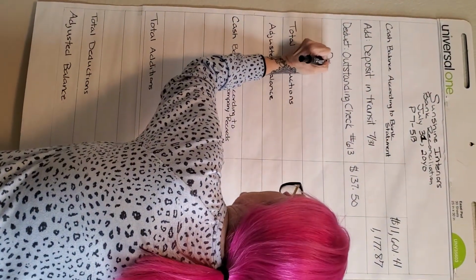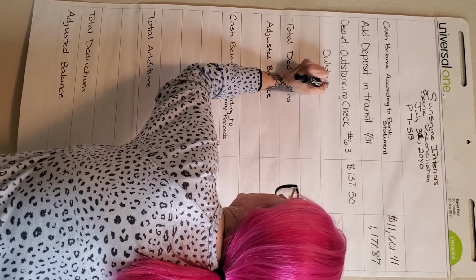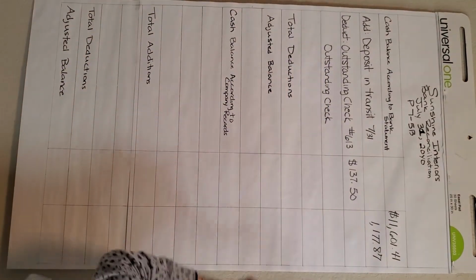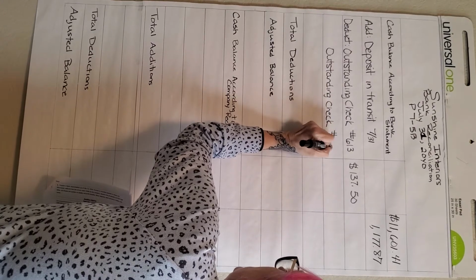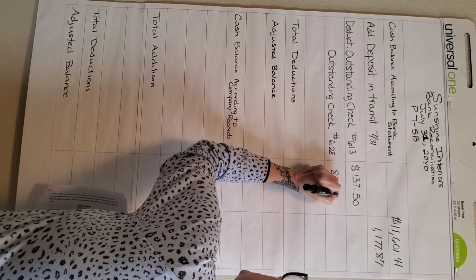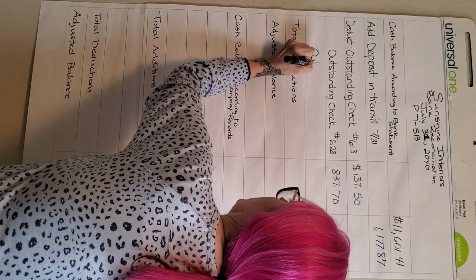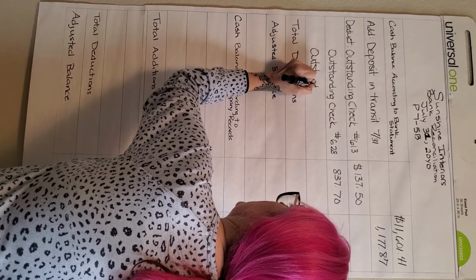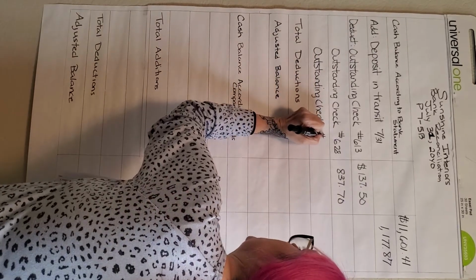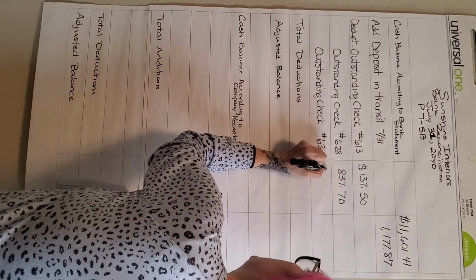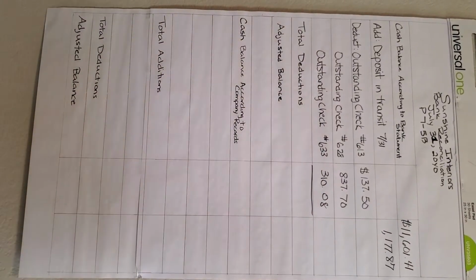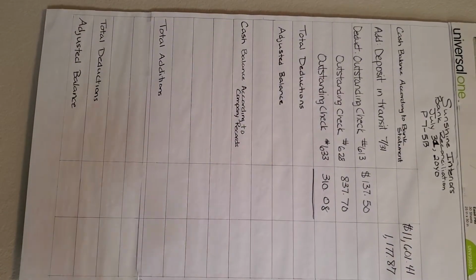I also have outstanding check number 628 for $837.70, and then I have one more left, outstanding check, which is number 633 for $310.08. I'm going to add those 3 deductions together and move them out here to the far column, and those